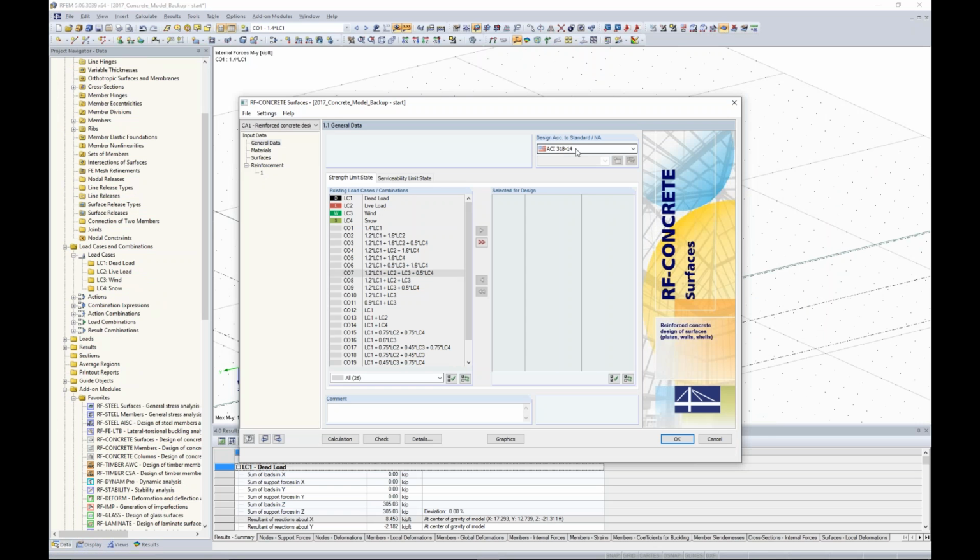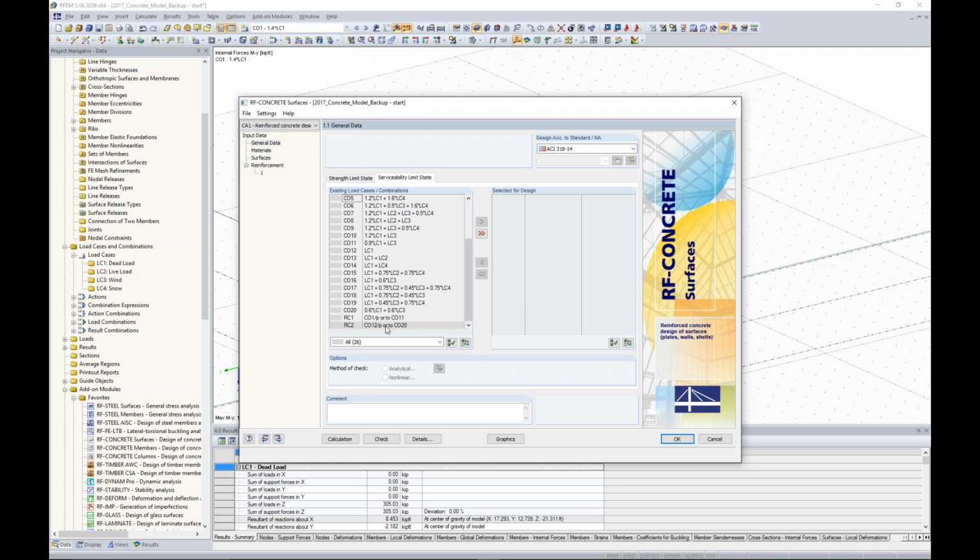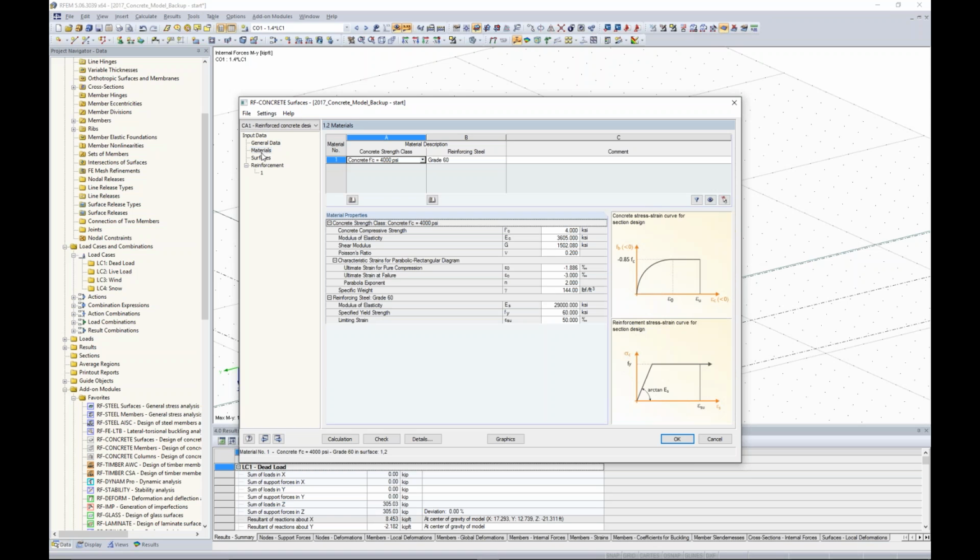Here we choose the ACI 318-14 design code. There are other design codes that you can get. For the design, I'm choosing the envelope combination, the result combination 1, that summarizes combination 1 to 11. For the serviceability limit state, I'll include the result combination 2, which has the unfactored load combinations. And I go through